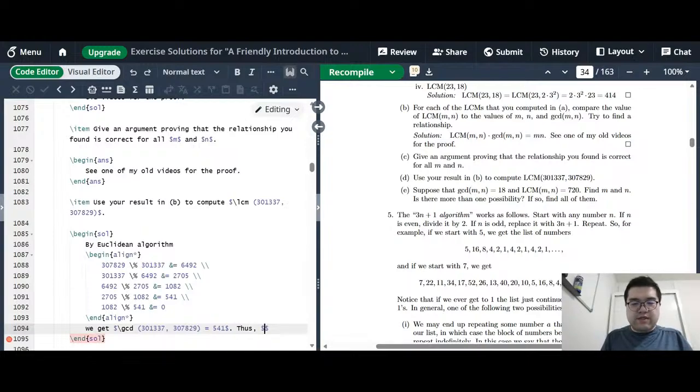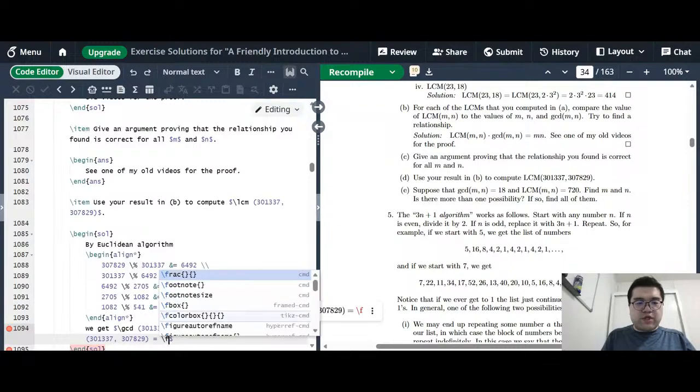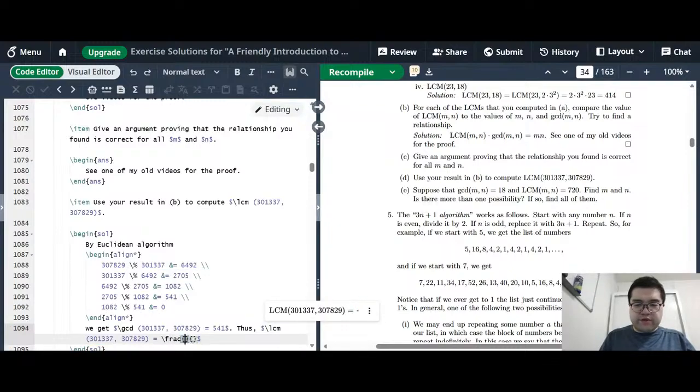Thus, the LCM of these two numbers is going to be equal to the product of these two numbers, 301,337 times 307,829, and then divided by our GCD. And this is going to be equal to,